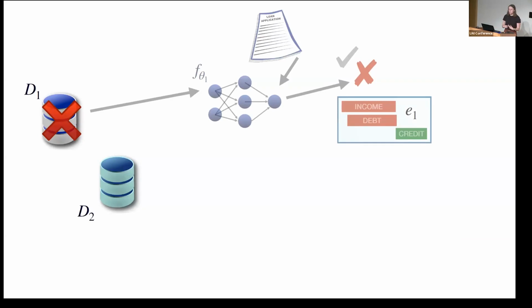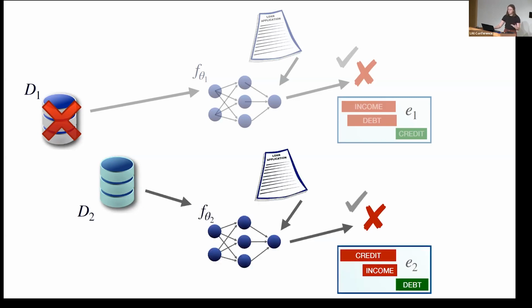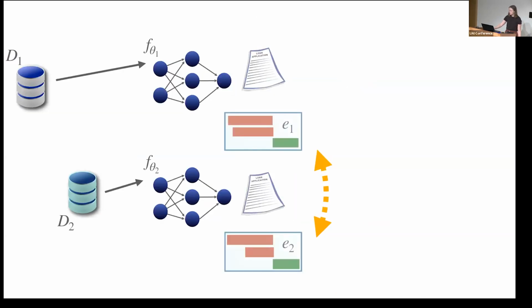The problem that we're interested in for this paper is what happens if, say, 6 months or a year down the line, the bank gets updated data about the last 6 months or year of lending. Now they're going to use this updated dataset to train a new model that they'll then use for all future loan decisions and the corresponding explanations. What we're interested in investigating is whether these two explanations are similar. How stable is the explanation between the two iterations of the model?